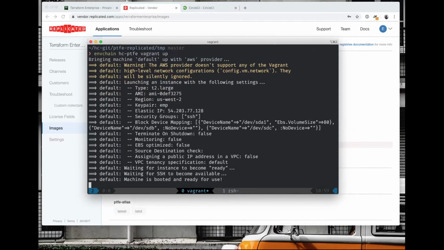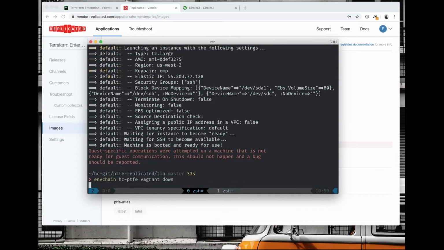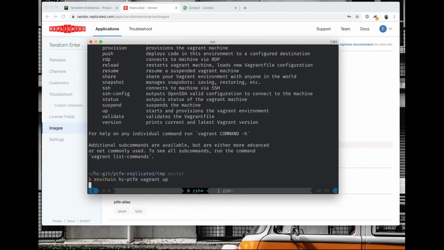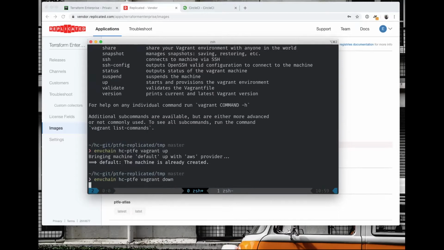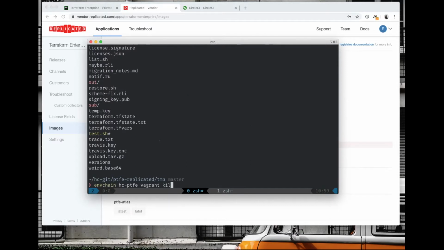In this particular case, it's pre-configured with the information that I expect it to be using. This is not ready. This should not. This is the demo gods. I don't think I've ever seen that error. No, I don't want down. What do I want? Stop?